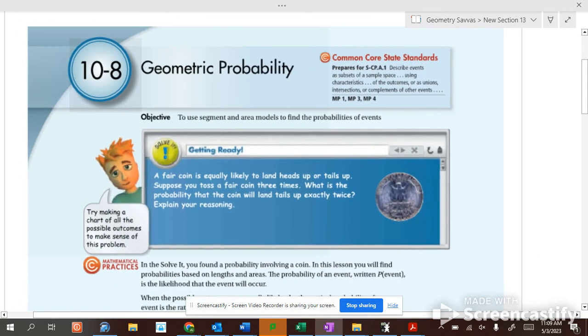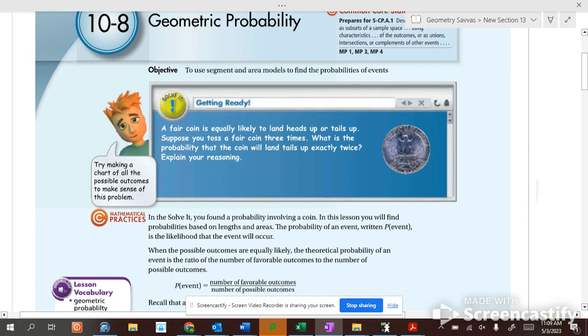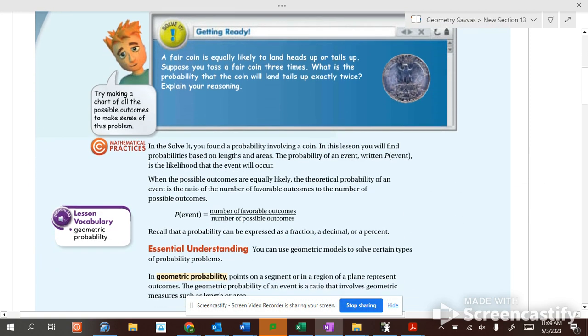We're looking at geometric probability. Let's just remember what probability is. It's the number of favorable outcomes over the total number of possible outcomes. So, if you toss a coin 3 times, it's either what or what the first time? Heads or tails. The second time, it's either heads or tails. And the third time, it's either,